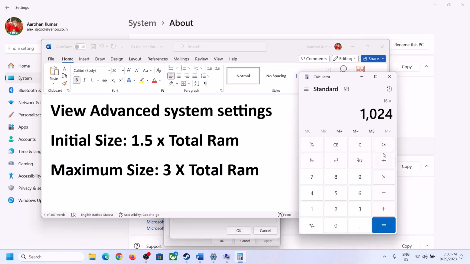So 16 GB in megabytes is 16384. Now 1.5 times total RAM, that is times 1.5, so in my case initial size is